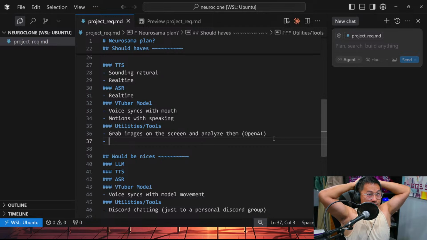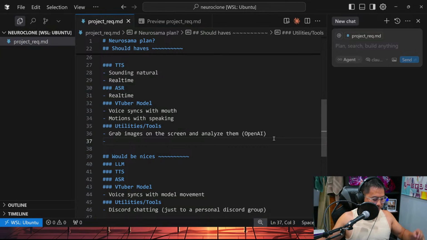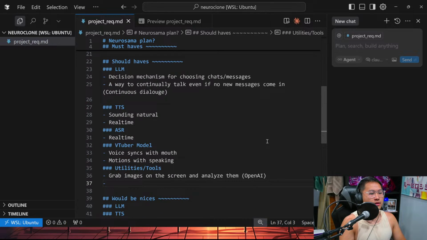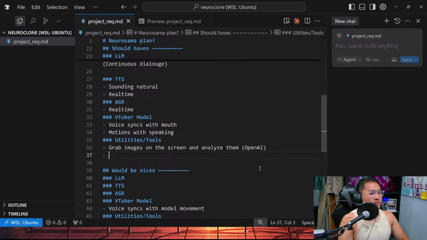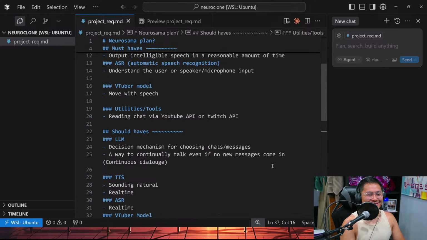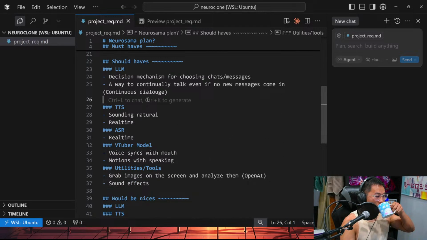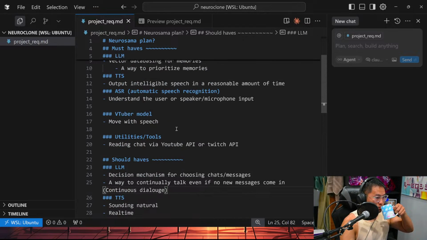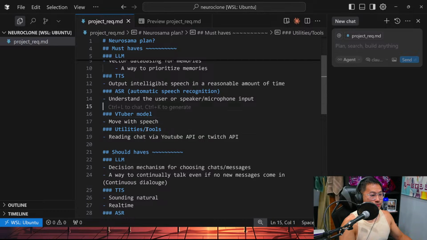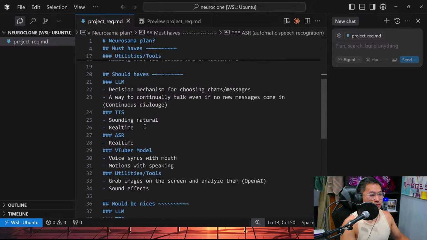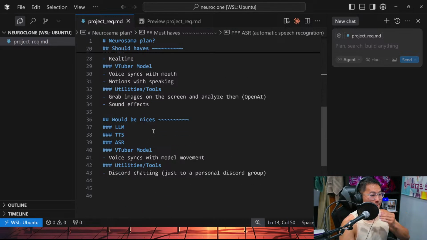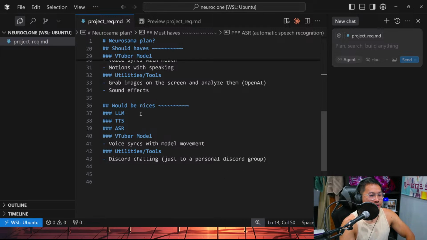Trying to think what else would be needed. Oh, maybe sound effects. Some sound effects to randomly use. Sound effects would be nice.